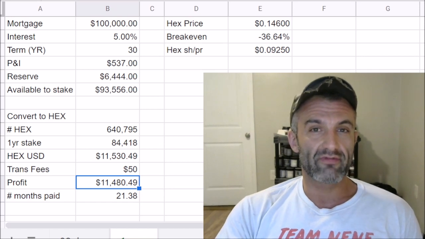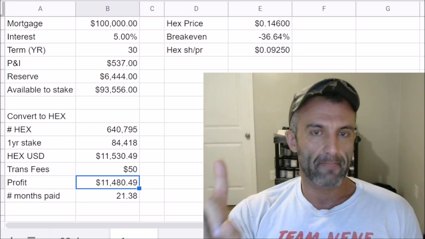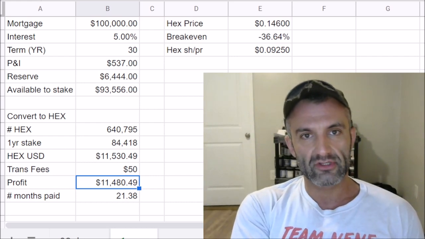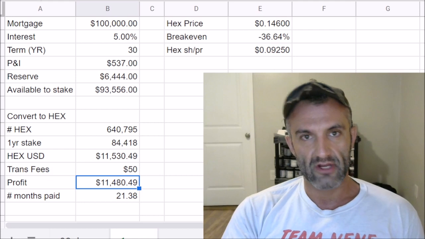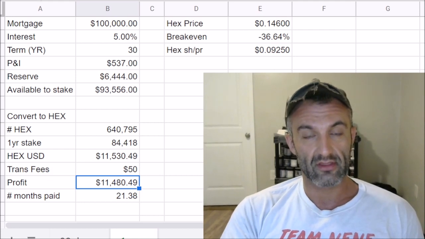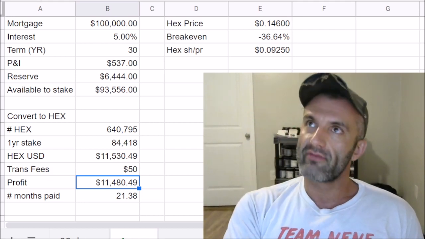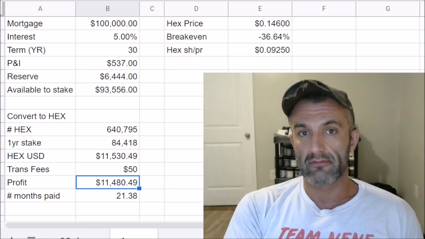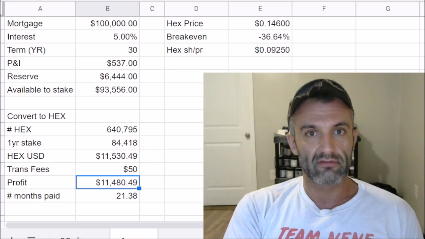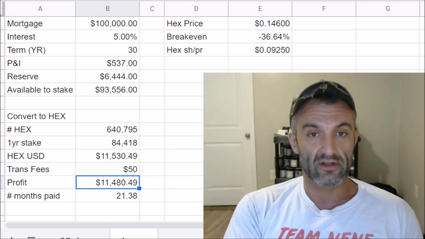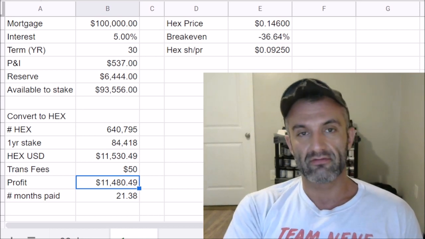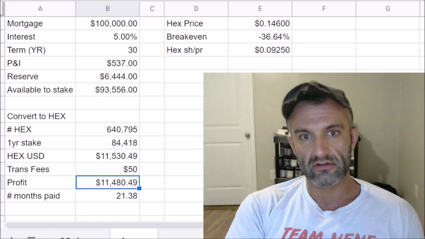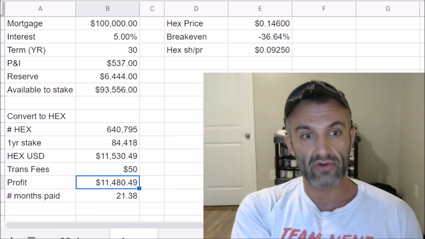$11,500. So what we effectively have done is we took other people's money, we invested it at a higher interest rate, we set a reserve. So for the first 12 months, nothing has to happen. And now think, right? We've already had, what is it, 6-7 months of a bear market where the price has come down. Do you think in another 12 months, the price has a chance of being higher than 14 cents? Yeah, it does. Yes, it could still drop, right?